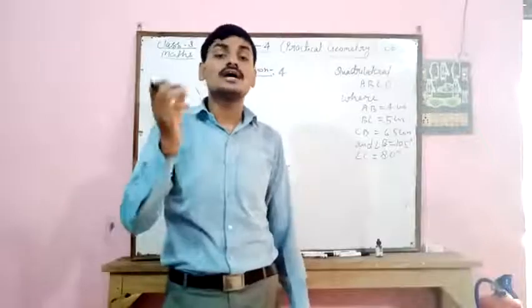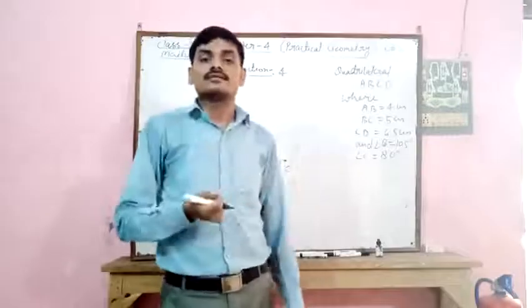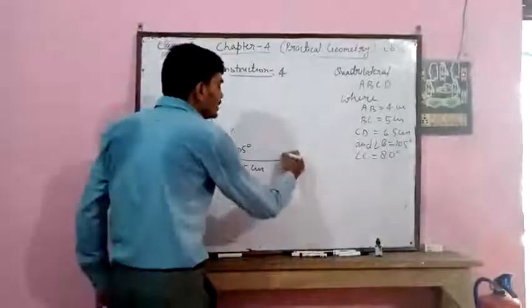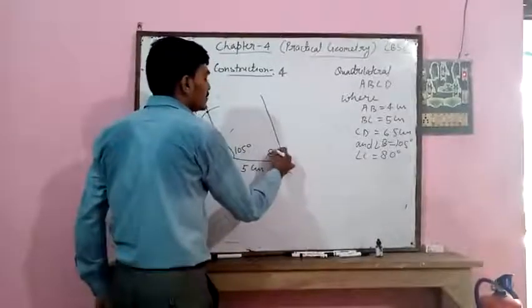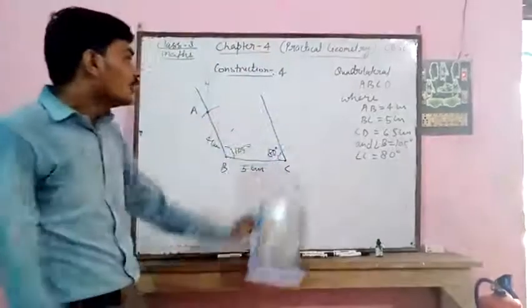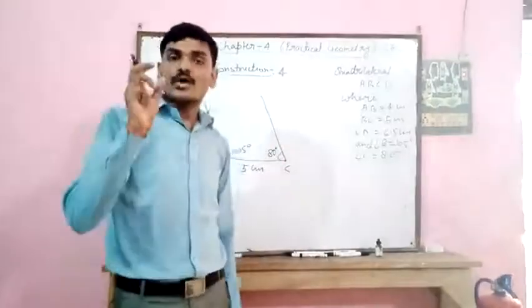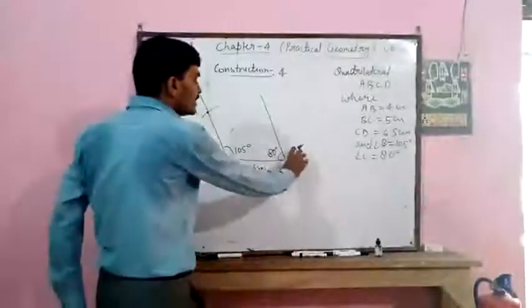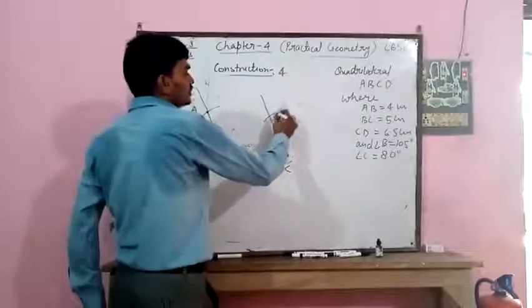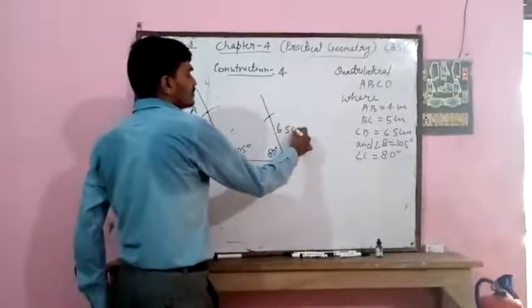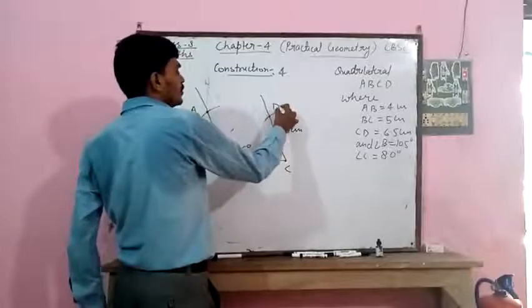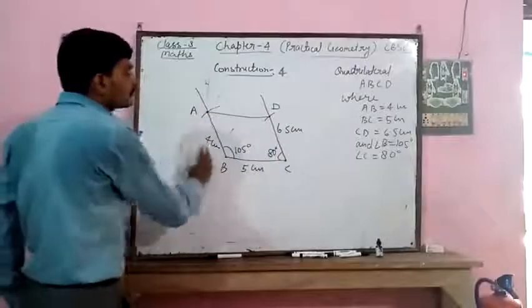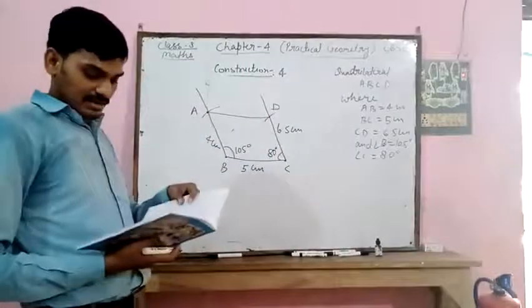So use the protractor to draw the 80 degree angle. So draw here 80 degree. Now take an arc of 6.5 centimeter with the help of compass and place your pointer here and cut an arc which is 7.5 centimeter, and this point will be your D. Now join this AD.